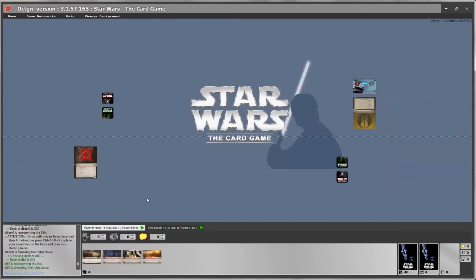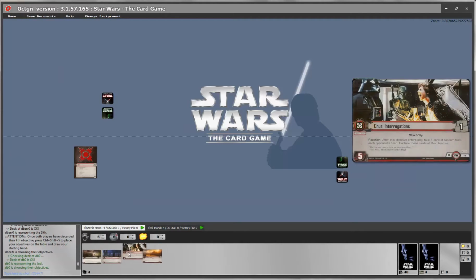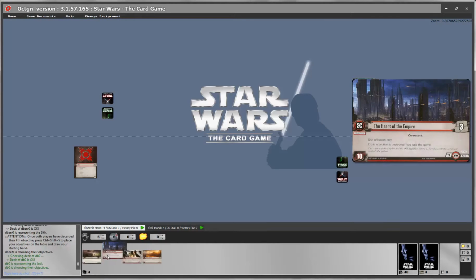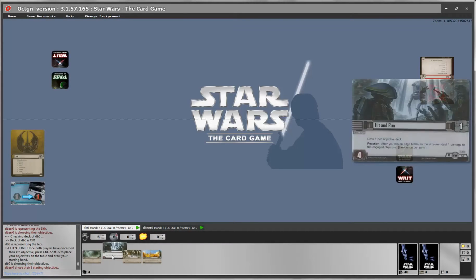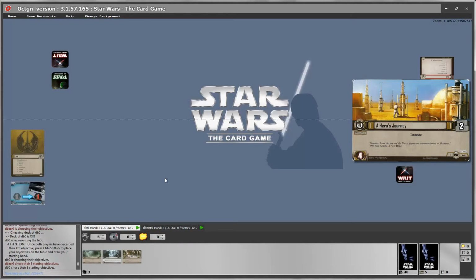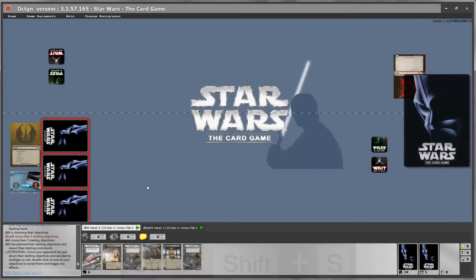Now, as part of the game, we need to select one of our objectives to send to the bottom of our deck. To do that, you simply double click one of your objectives and it will automatically be sent to the bottom, and will announce to the other player that you set up your starting 3. Jedi player has to do the same, so let's send this back. And now that we set up our objectives, press Ctrl-Shift-S, and it puts the objectives on the table.